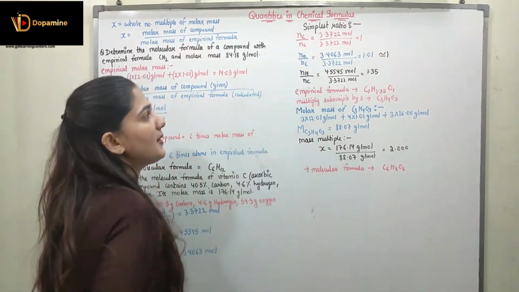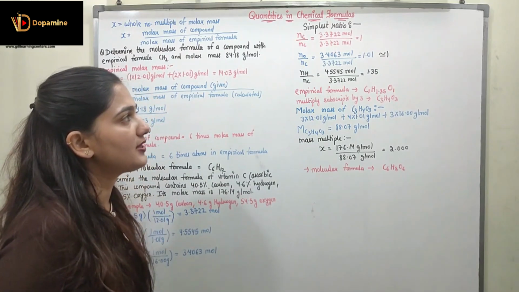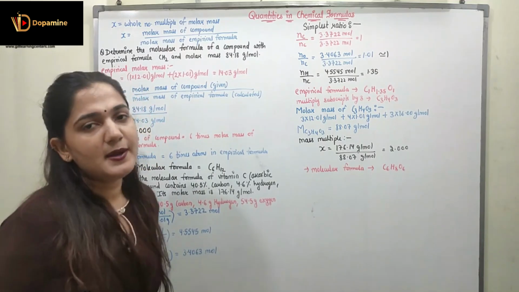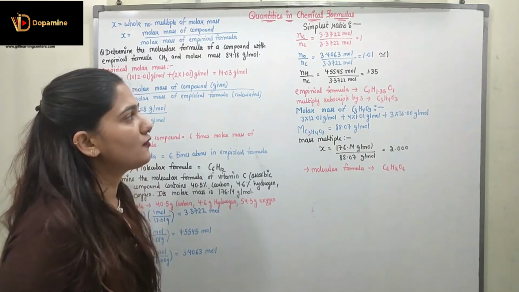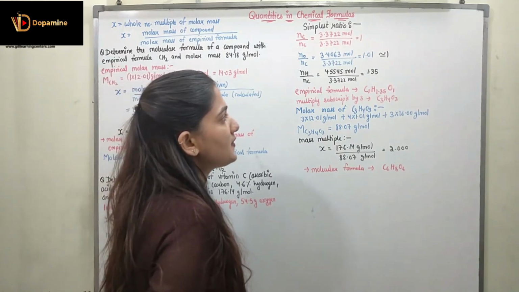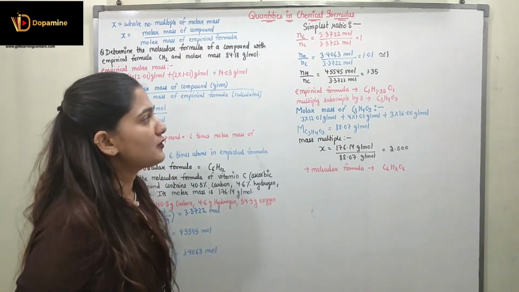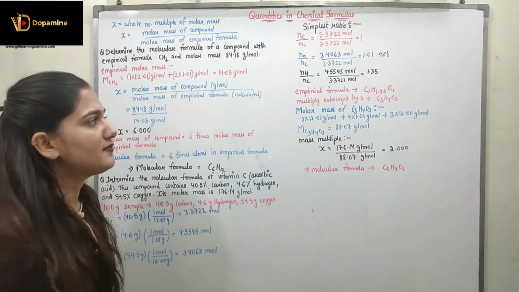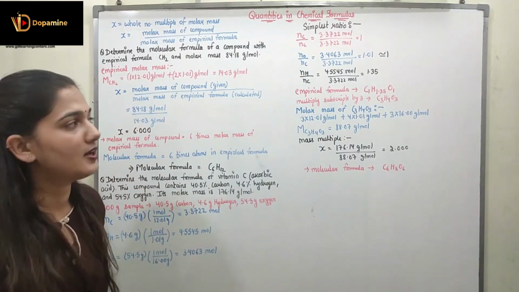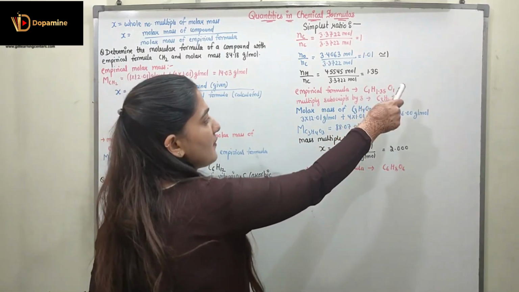So amount of carbon divided by amount of carbon will be equal to 3.3722 mole divided by 3.3722 mole, which gives me 1. Similarly, number of moles of oxygen divided by the number of moles of carbon will be 3.4063 mole divided by 3.3722 mole, which is nearly equal to 1.01. So 1.01, I am going to take it as equal to 1. Number of moles of hydrogen divided by the number of moles of carbon will be 4.5545 mole divided by 3.3722 mole, which is 1.35. So from here I can write we have 1 atom of carbon, 1 atom of oxygen